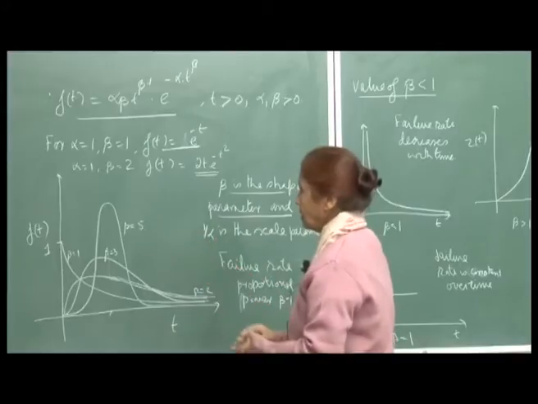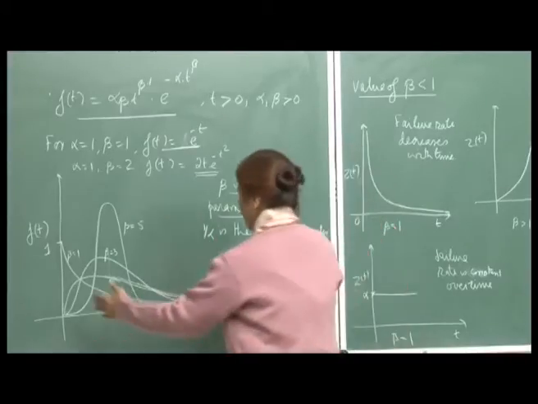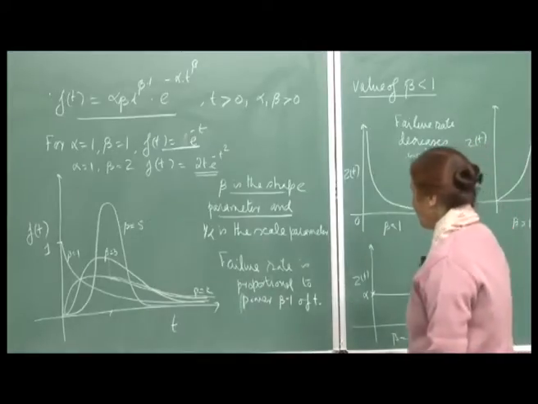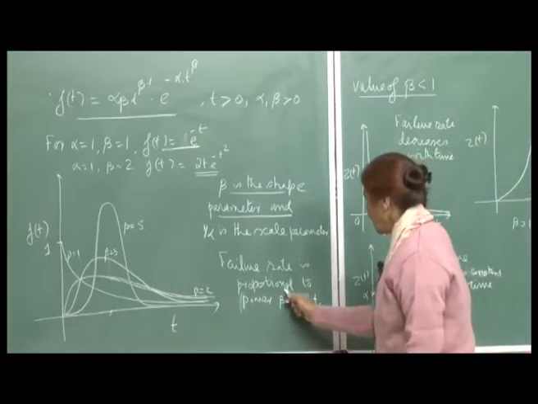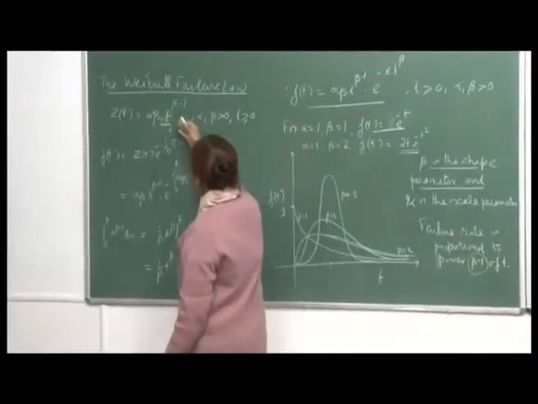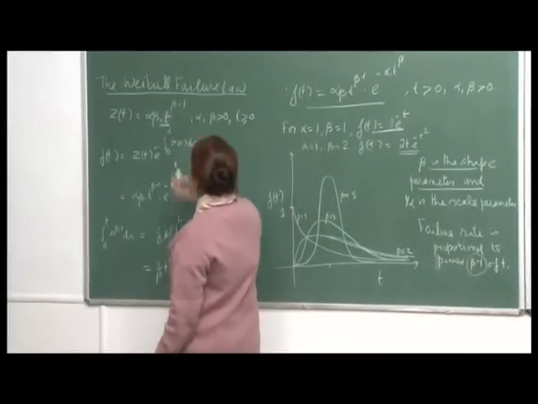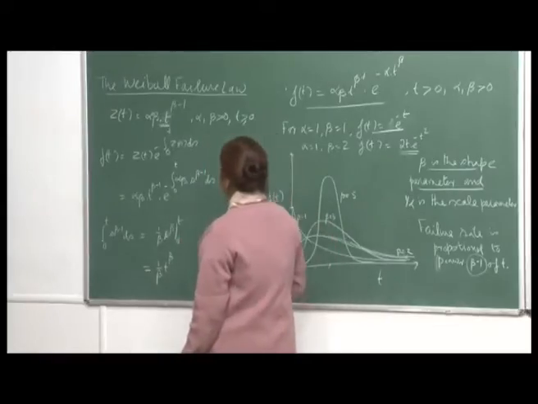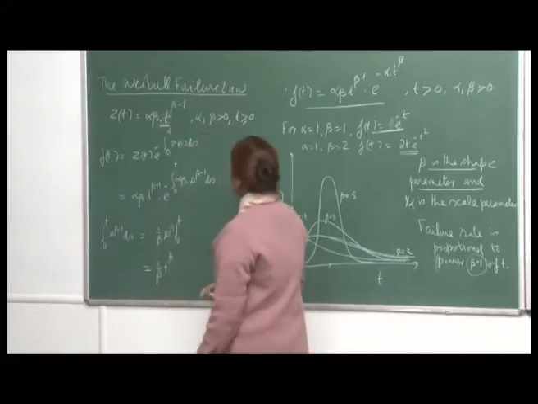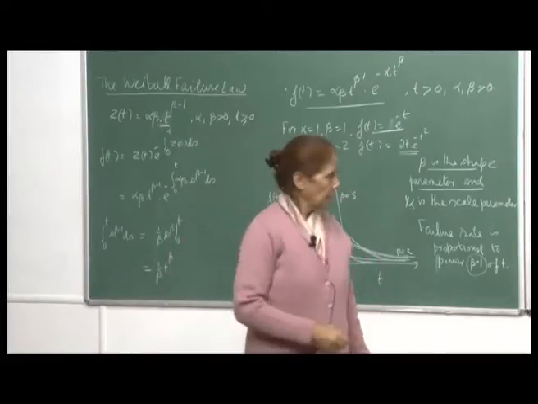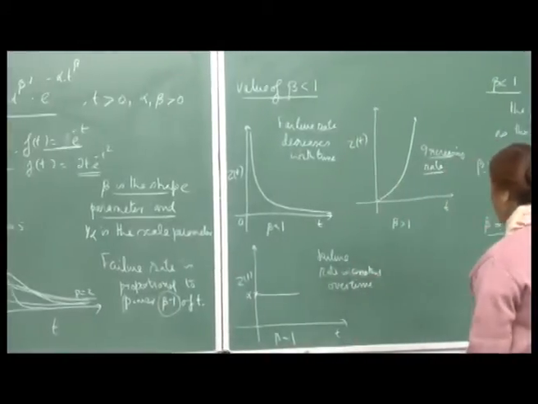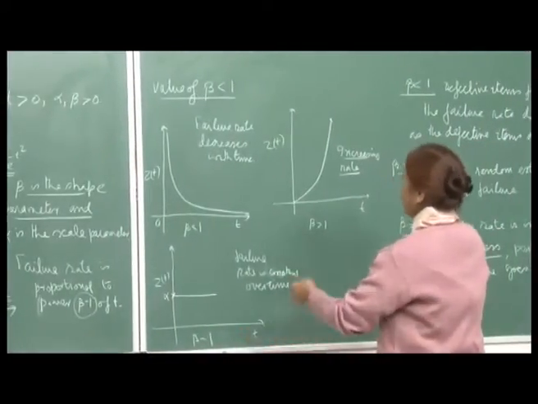So, you scale the whole thing, right. That means, when you are drawing the thing, then you... So, failure rate is proportional to t raised to the power beta minus 1. Therefore, this is the generalization that we have made to the constant failure rate. The failure rate is now proportional to t raised to beta minus 1. Okay. So, you can see that, and this also gives you a good feeling.